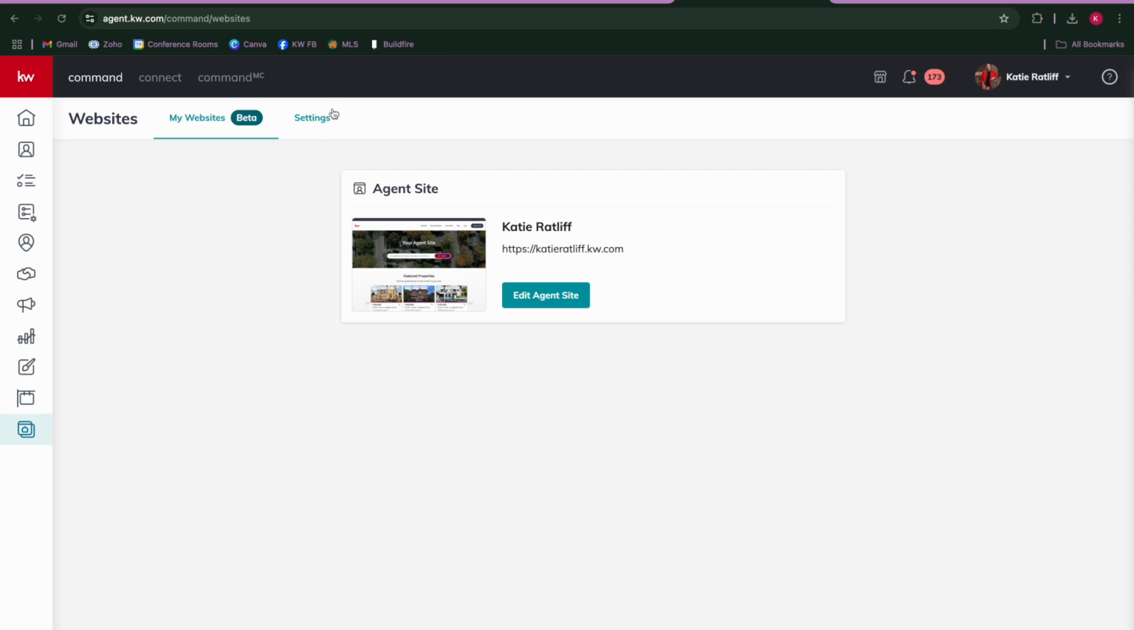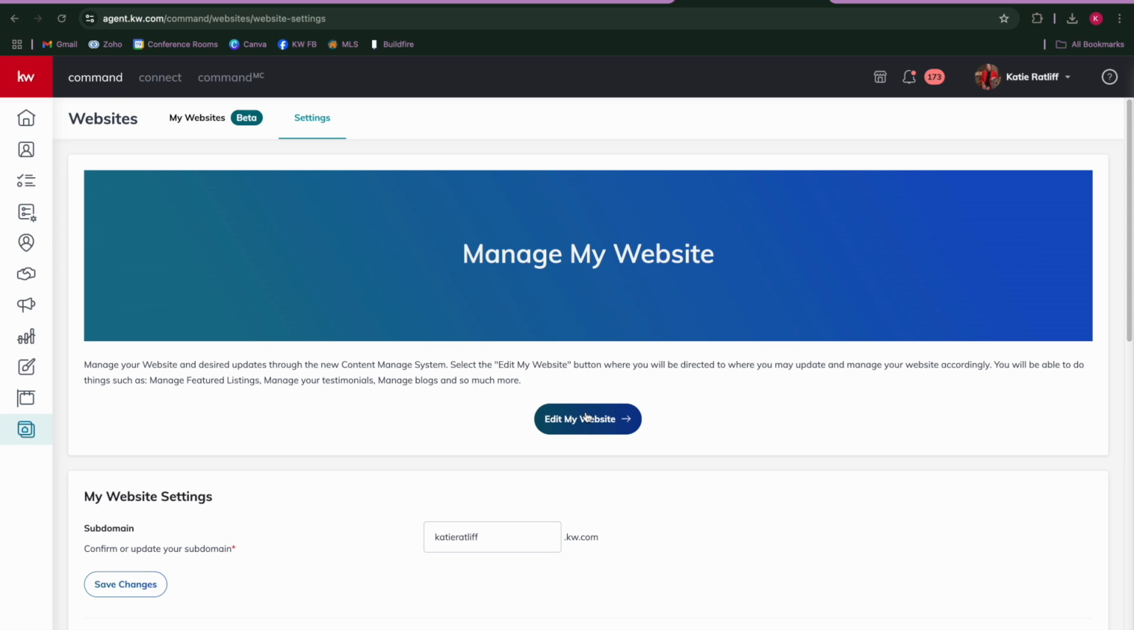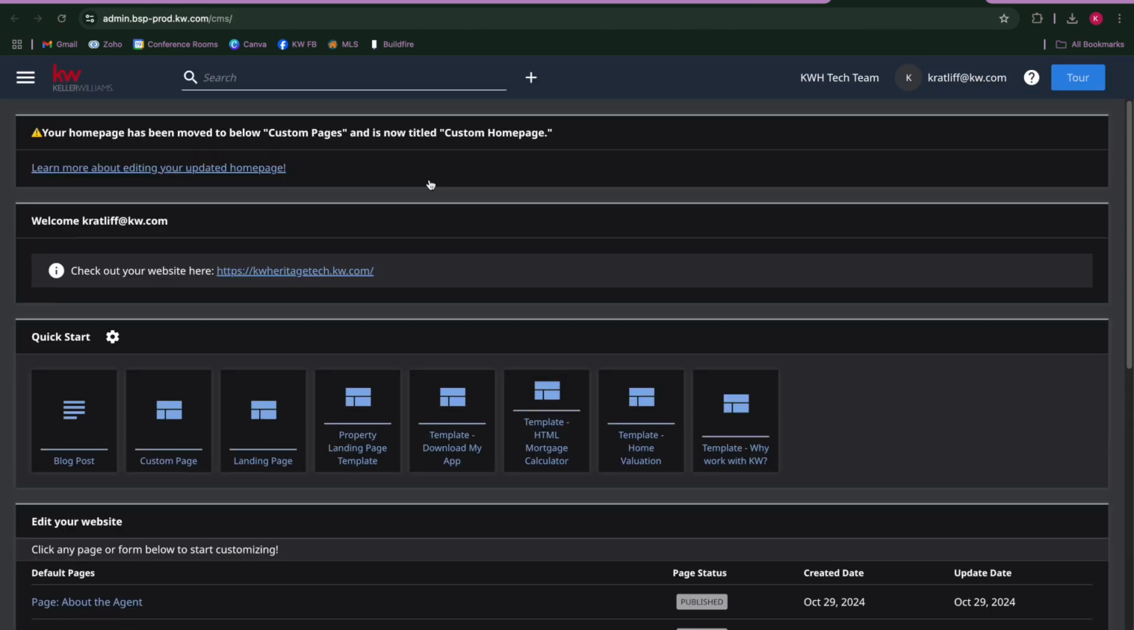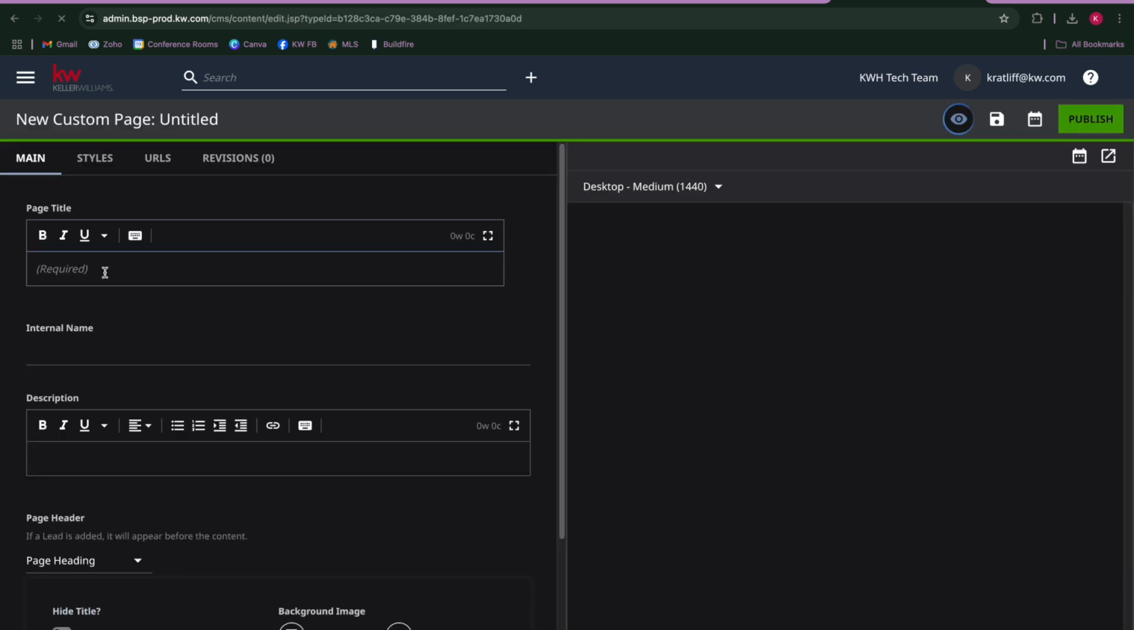We have an option here for settings. That is the section you're going to want to select. And then we're going to hit edit my website. From there, we are going to need to make it as its own custom page through our website editor through Command. So we're going to select the option for custom page, and then we are going to give that